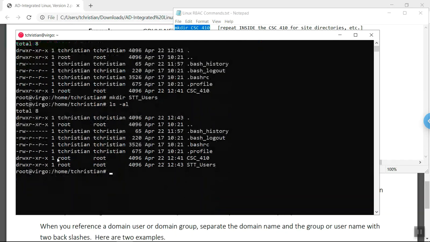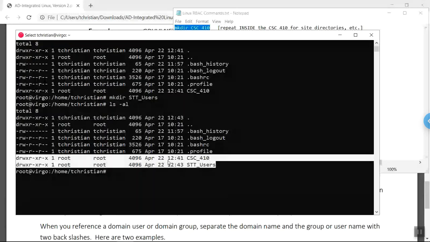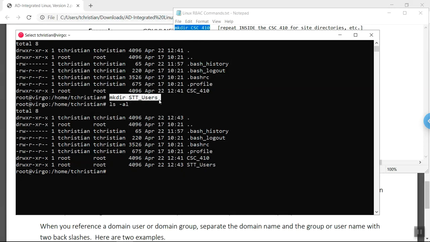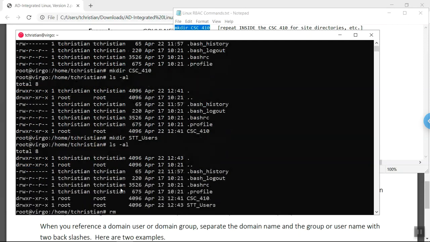If you recall what we did in the previous solution, we wanted to do just like this case. What we have here is the STT users directory sitting alongside the CSC 410. It needs to be inside there. So the command that I did wasn't in the right context. This may happen to you, and you're going to ask, how do I fix this? That's easy. All you really have to do is use the rm command with a -d and then